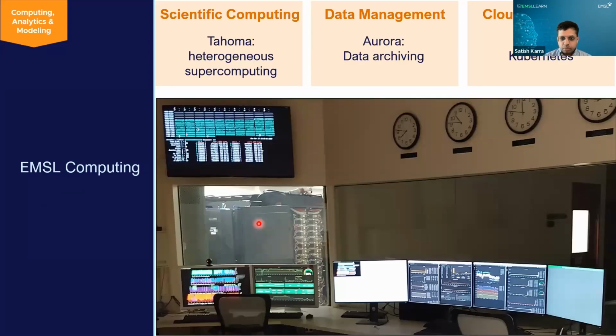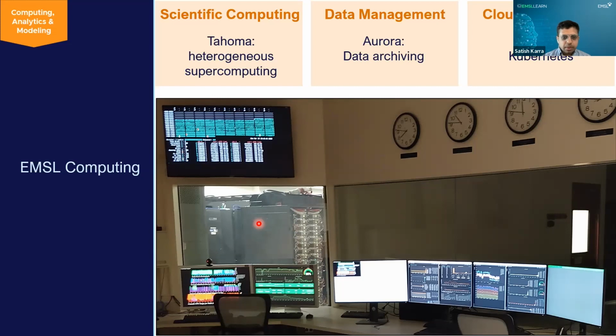I also would like to highlight next the computing resources at EMSL that users can take advantage of, in this case for the development of computational methods related to AI, ML, or multi-omics data analysis. This includes Tahoma, which is our heterogeneous scientific computing facility, and I'll quickly touch upon it in the next slide. We also have Aurora, which does the archiving of data.